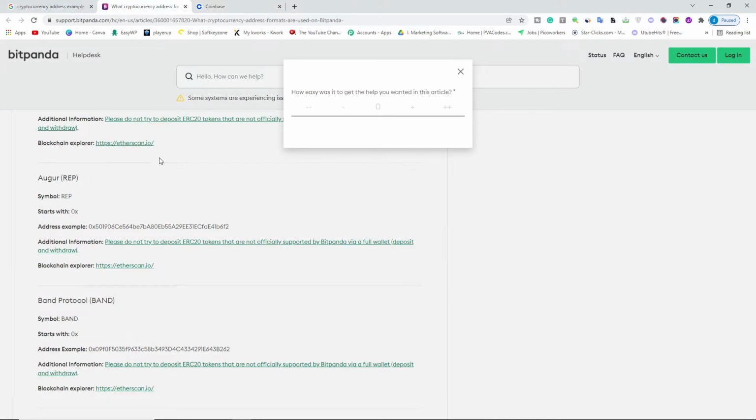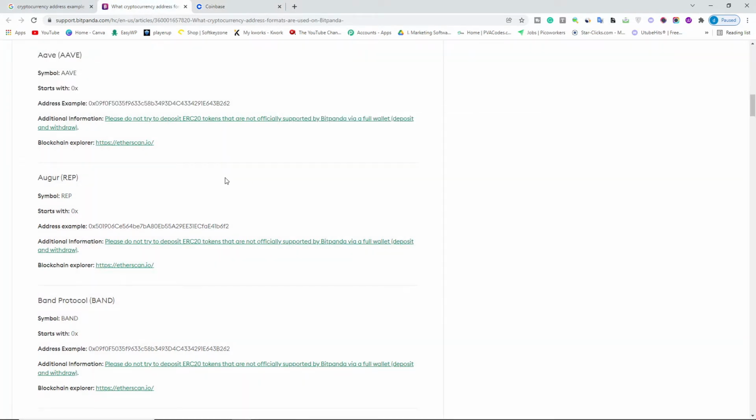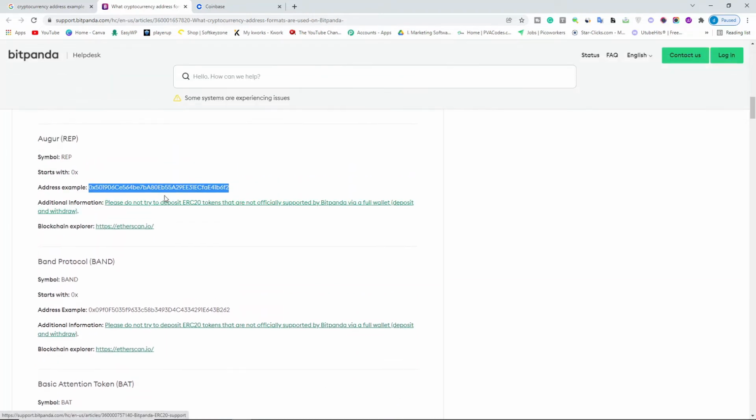Okay, so here I already opened a website called support.bitpanda.com. Here we can see an example address. So this is an example address of a cryptocurrency. If you want to transfer your cryptocurrency from one account to another, or send money to another person, they will first of all provide you a unique cryptocurrency address number like this one. So you simply have to copy this crypto address, and then what you have to